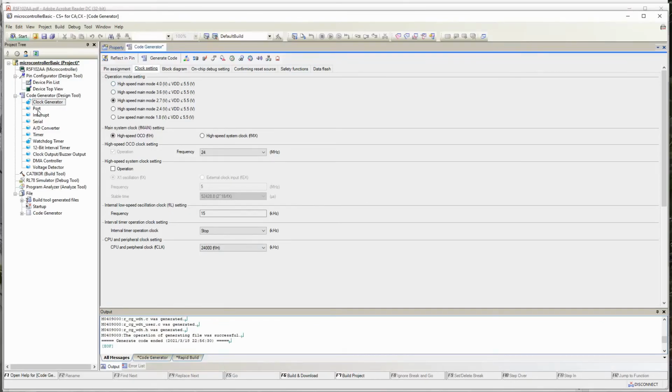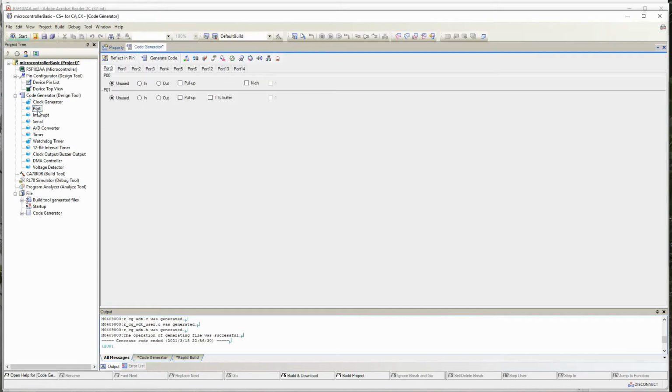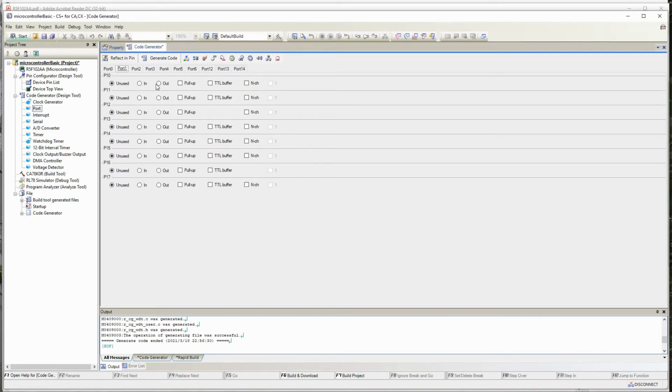If you come to the port code generator here, in the case of Renesas, almost all the microcontrollers have this code generator working. In Microchip, we saw that for a few microcontrollers it was not working. That is primarily because those microcontrollers are really old, like 10, 15 or 20 years old. Here I'm not going to go through the data sheet. I'm going to write only from the code generator. I have to come to ports, port 1, both port 1.0 and port 1.1.